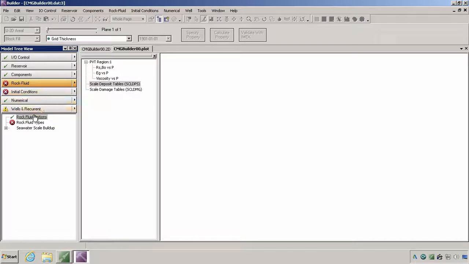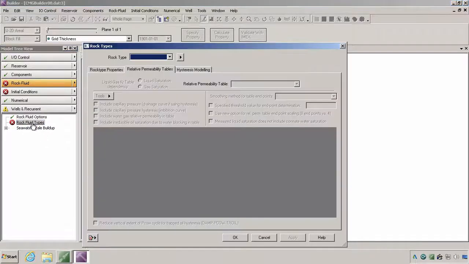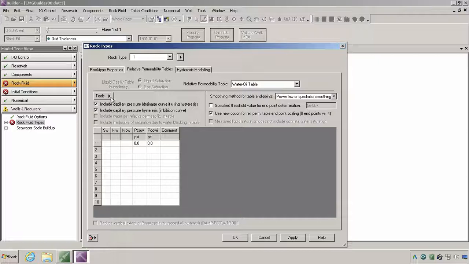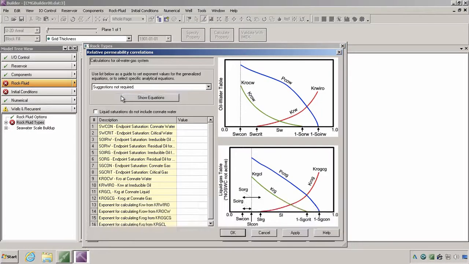Now we're going to move into the rock fluid section, which is very important for a multi-phase flow. So we're going to click on rock fluid types. We're going to click on the little triangle icon and select new rock type. We're going to select tools and generate tables using correlation. So we're going to input values for these tables using the data that was given to us in the project